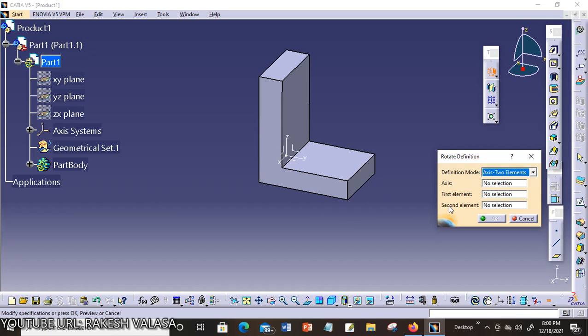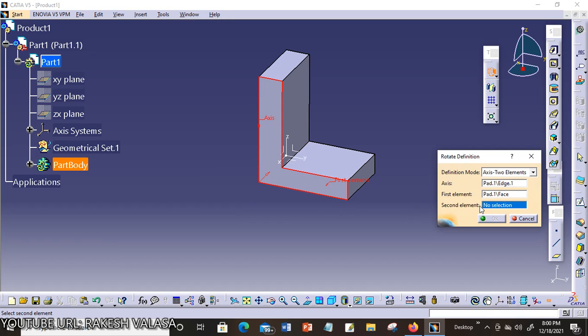First one is axis, second one is the first element, third one is the second element. Now you can select the axis. You can select the edge or sketched line. Now I'm choosing the axis. This is my reference axis, that means the edge.